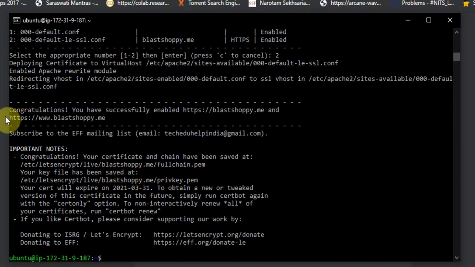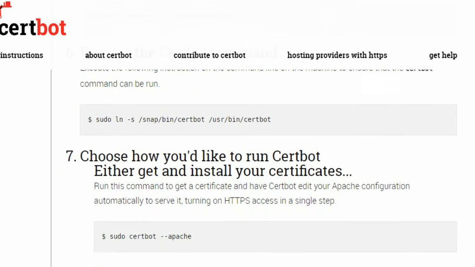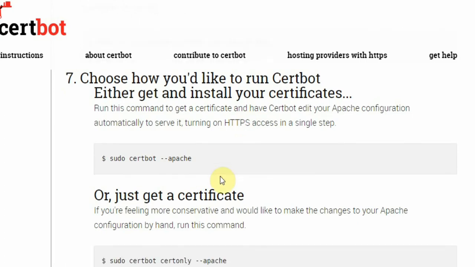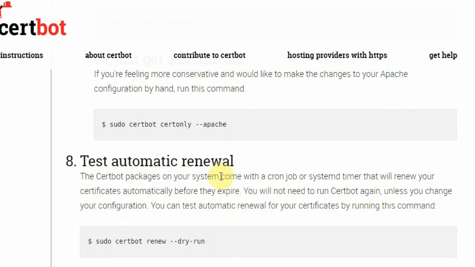So basically Let's Encrypt certificates expire within 90 days. So what do we have to do for this? We'll add a task scheduler, meaning we'll set up a cron job which will test our certificate again and again. Here you can see the cron job.